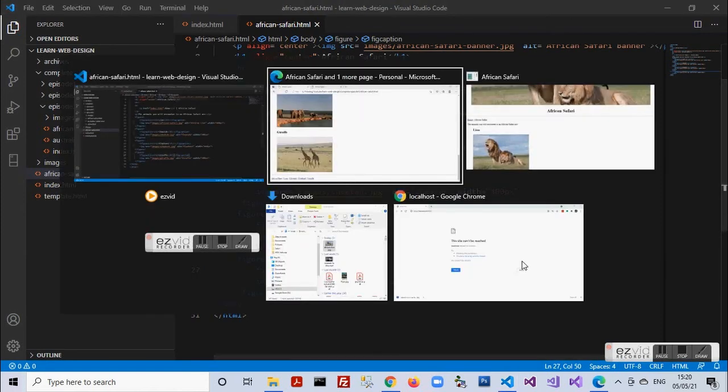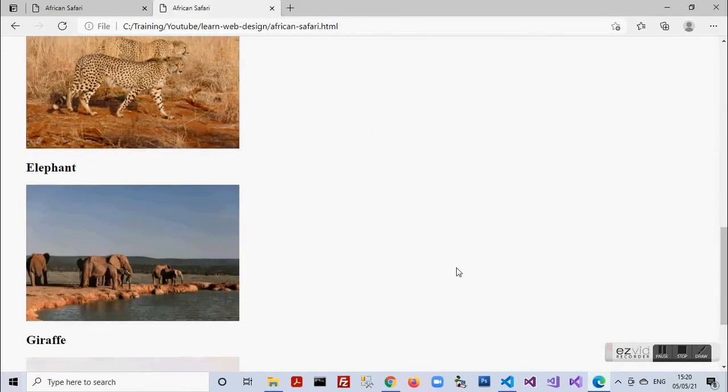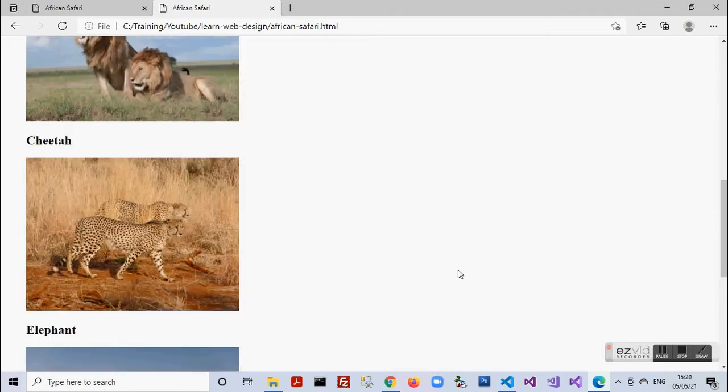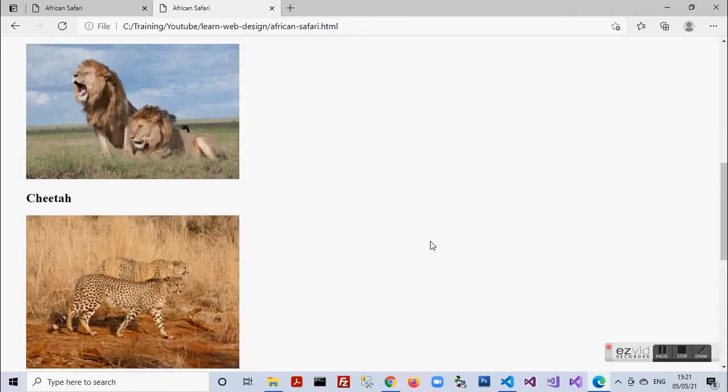So here we are. We move again to our sample page. We refresh it. And we see that we have taken in the names of all the 4 animals required. We have put them on the page.